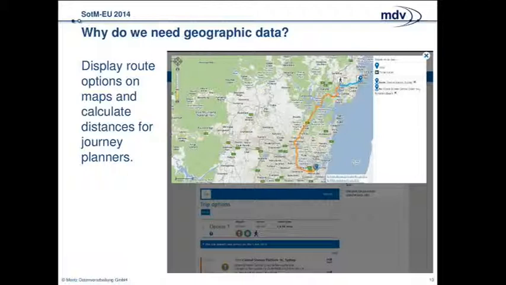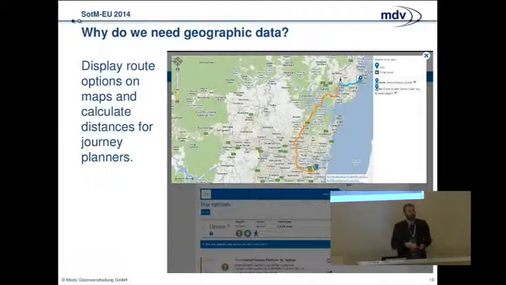You want to display route options. You want to calculate distances. You want to have different route options with the different times that you need for the travel. So this is maybe a classic example of why we need the geographic data in our system.